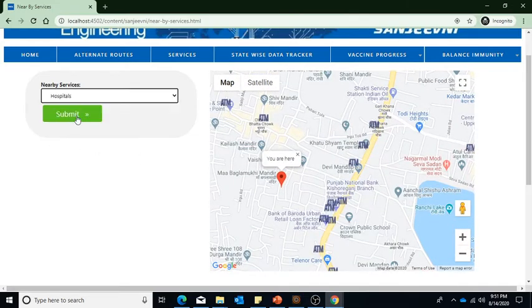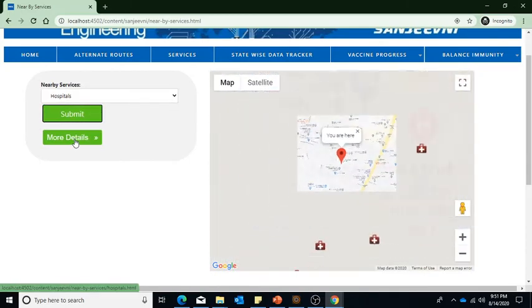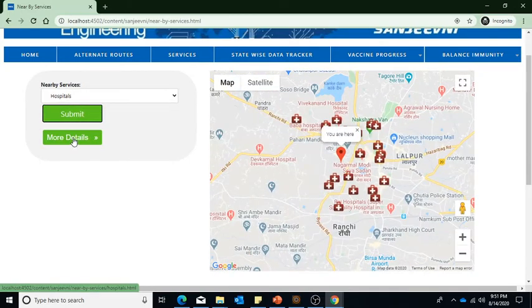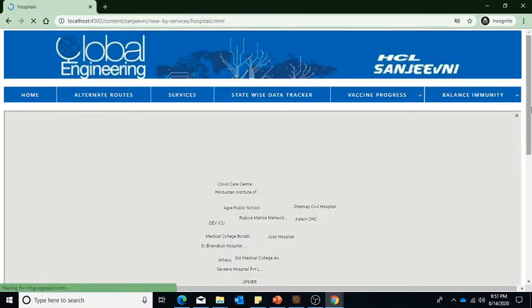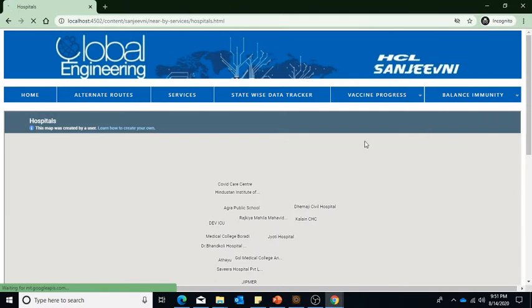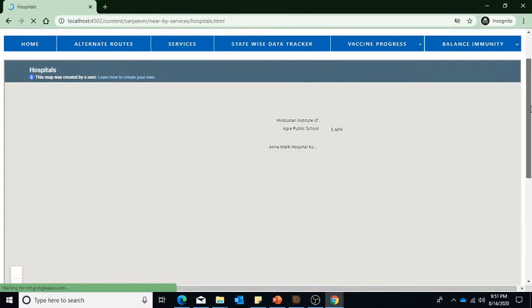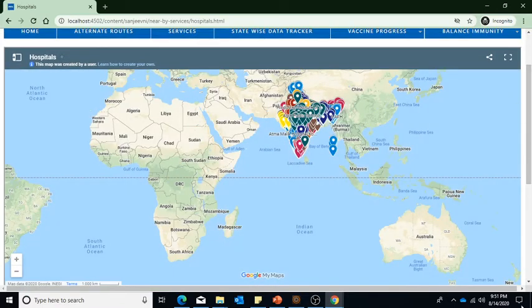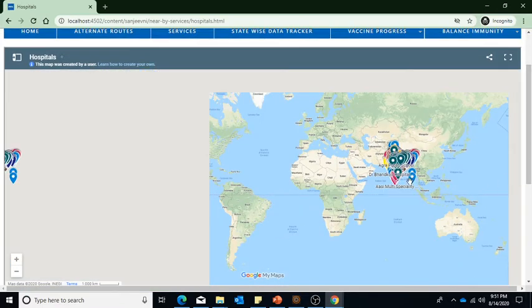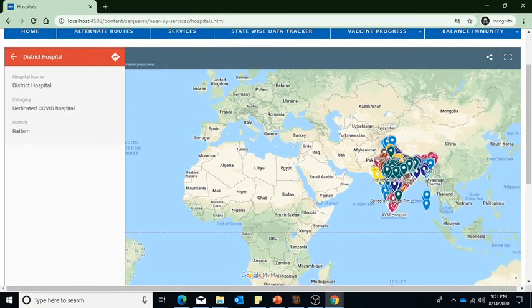One more thing, on clicking submit, there are more details that we have added. If you want to look at more details, you can click on this, and it is trying to load all this data. It's loading because it's quite a lot of data. If you can zoom in,